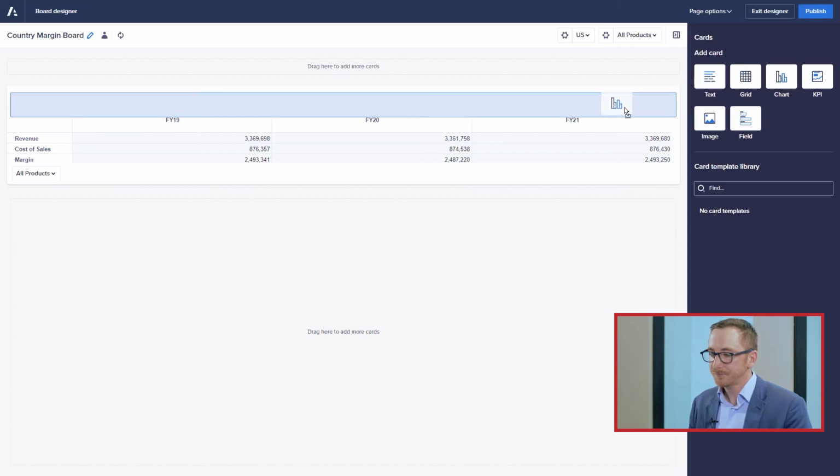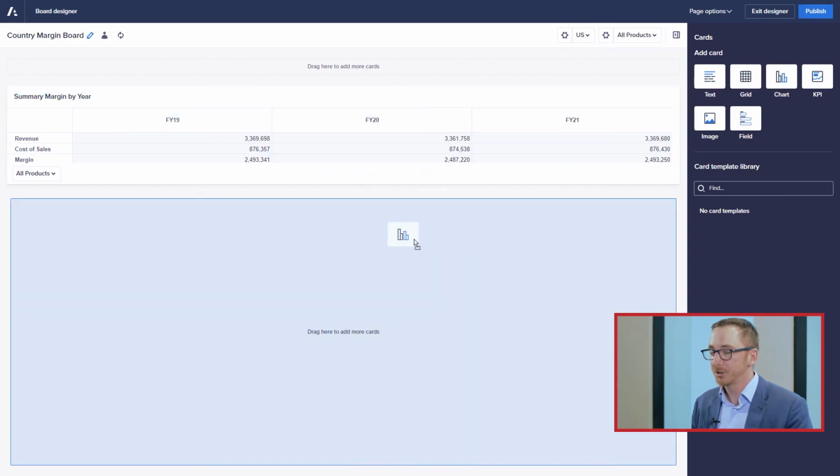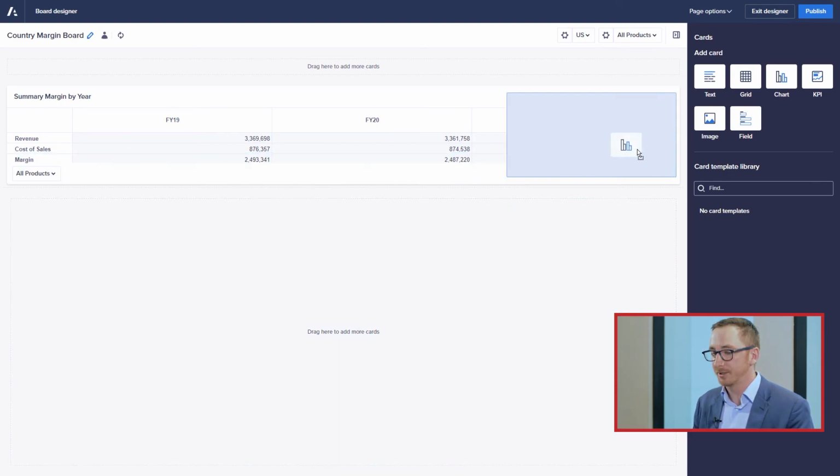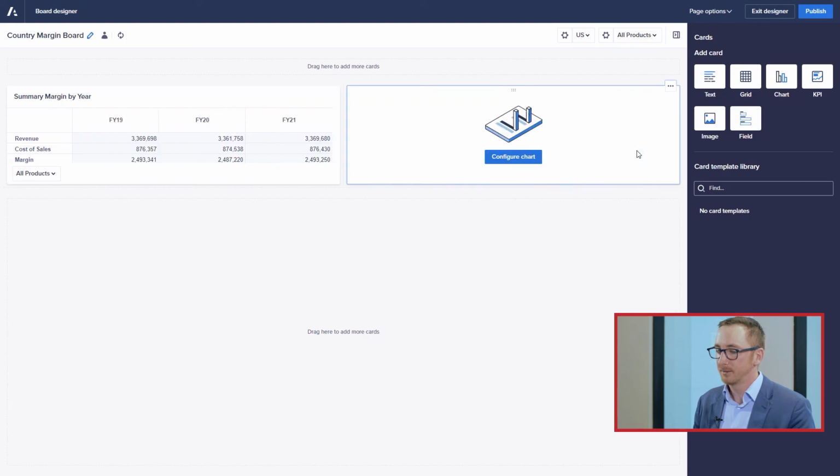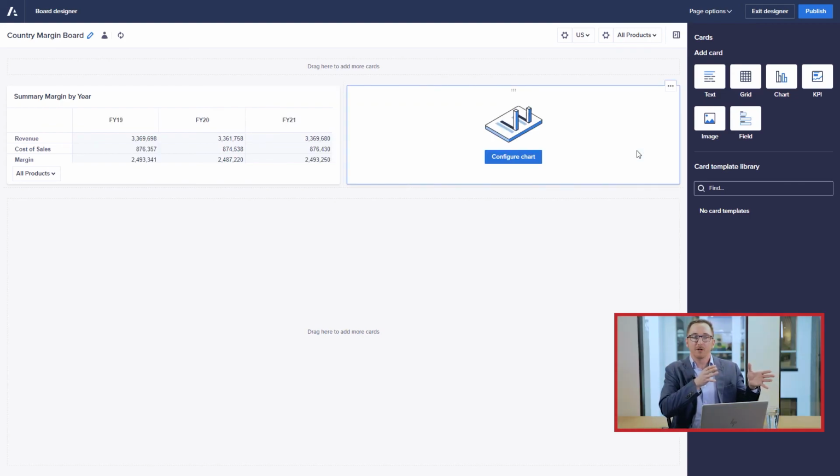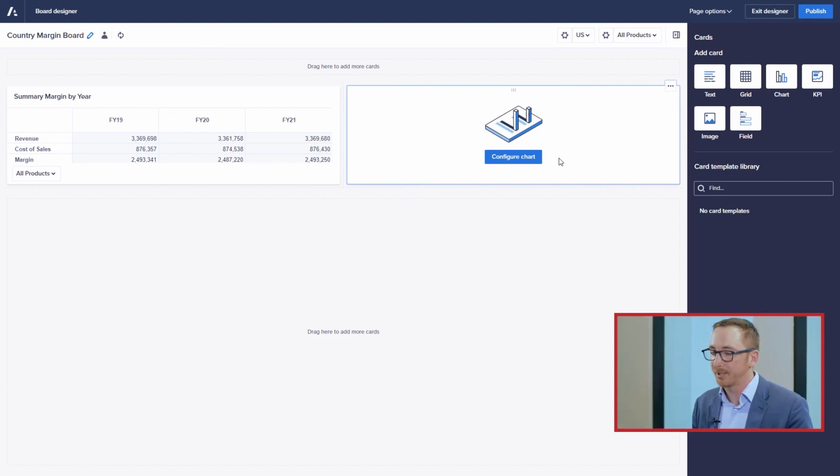Now, I can choose to put it below, or if I wanted to, I can put it to the side here and it will actually adjust. So we have a lot of space there with our numbers, so I'm going to add it to the side here. And you'll see that it'll move that over into the grid to make space automatically for it. The same way that once we added our grid, we clicked configure, we're going to do that again, but this time we're going to hit configure chart.